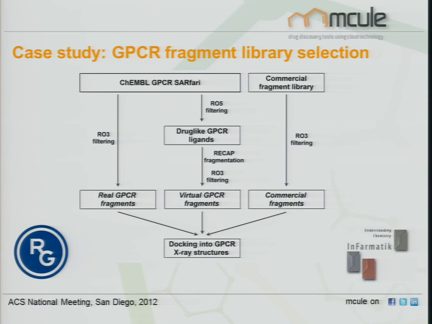Some of these are expected to be important for GPCR affinity. Some might not be that important, but several interesting fragments are among these. The last selection was from a commercial fragment library. We did the rule of 3 filtering. Surprisingly, not all the compounds were rule of 3 compliant. But anyway, we did our selection, and what remained from all of these fragment libraries was docked into the recently